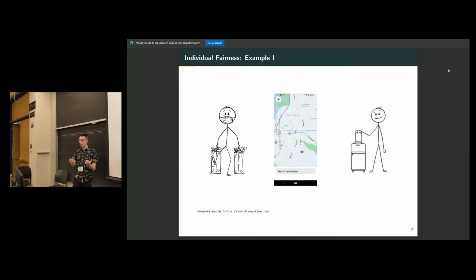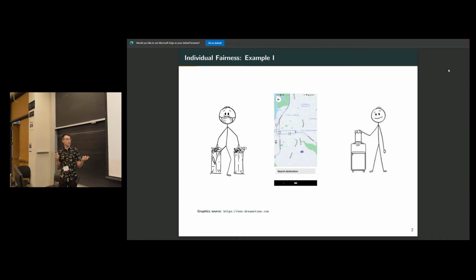So suppose that they both get on the app at the same time, and since there is only one ride available, let's say the app randomizes and flips a fair coin to choose between the two who gets the ride for that day. Okay? So you might think that this is as fair as it gets because the coin the app flips is fair. But there is a sense in which this is not.